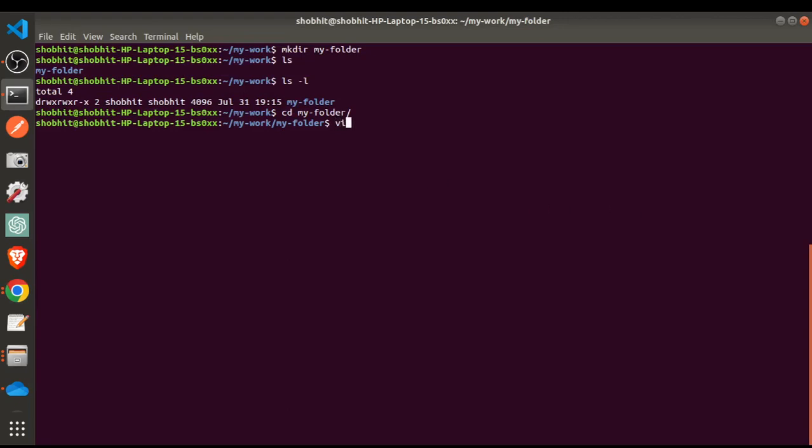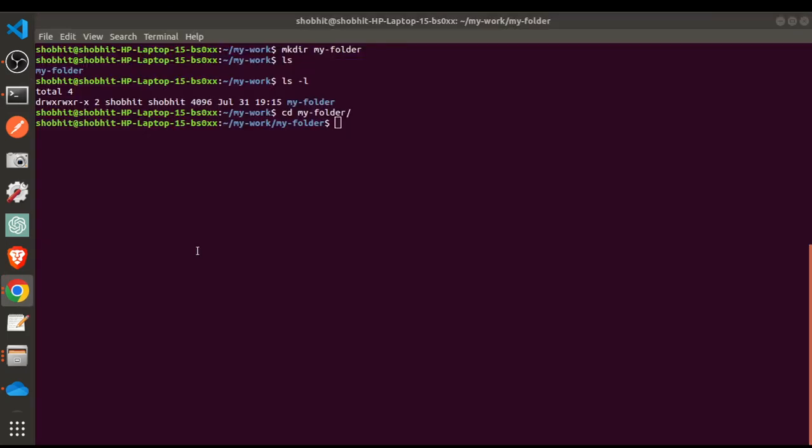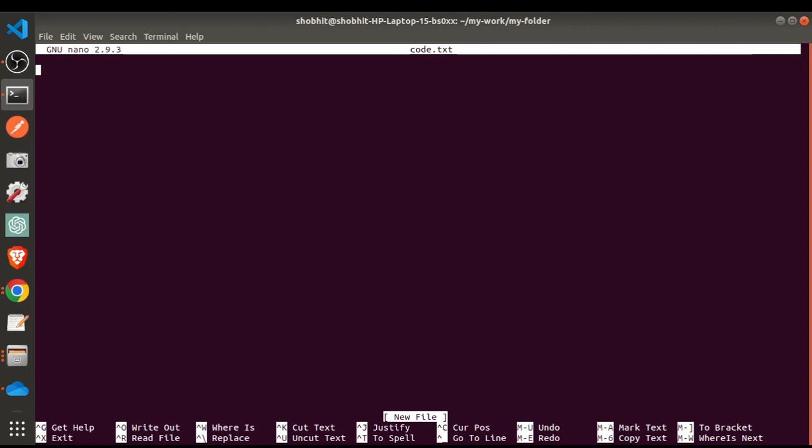It can be the vi editor or the nano editor, because these are used mostly. Here I am going to use the nano editor. I will create a file code.txt and put some content inside it. So I will write nano code.txt,